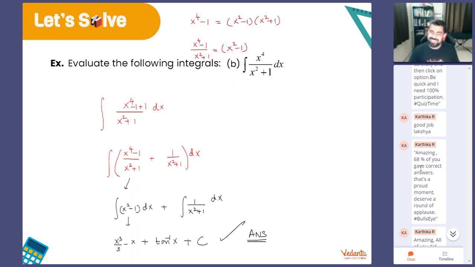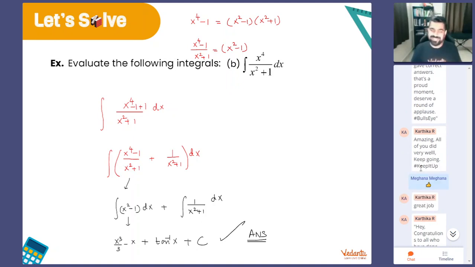I hope you all loved it. Are you all clear with this, my dear boys and girls? Was it amazing? Was it exciting? Did you love it? So this is the way you approach questions of integration. You reduce it to something you know and then you solve it. How do you reduce it? That is manipulation.